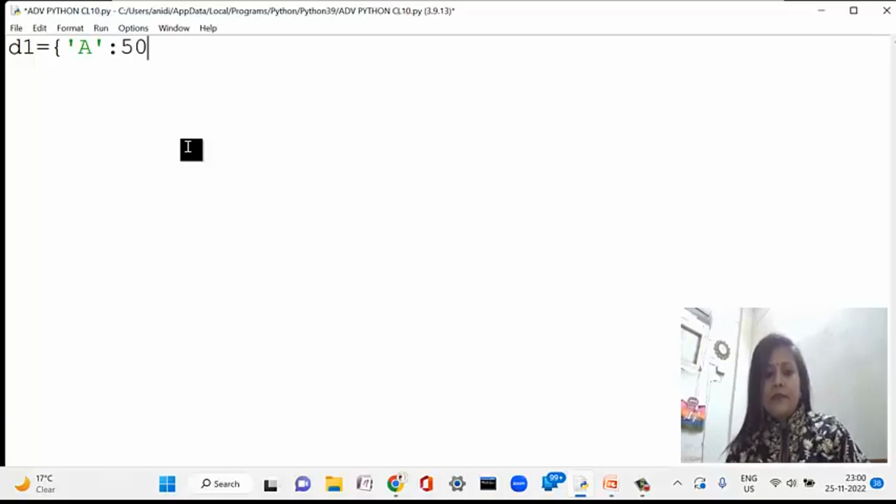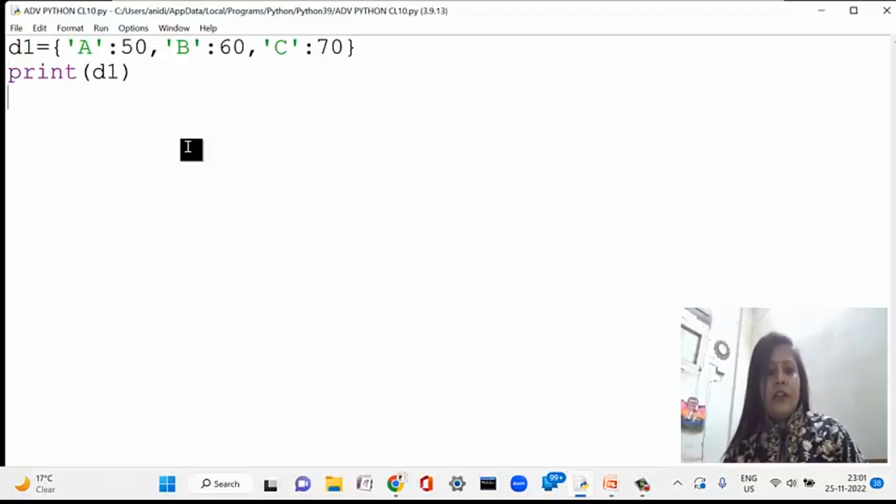That is the first pair. The second pair, I am writing 60, comma, the third pair, colon, 70, and that is done. I am closing the curly brace, and if I write print D1,